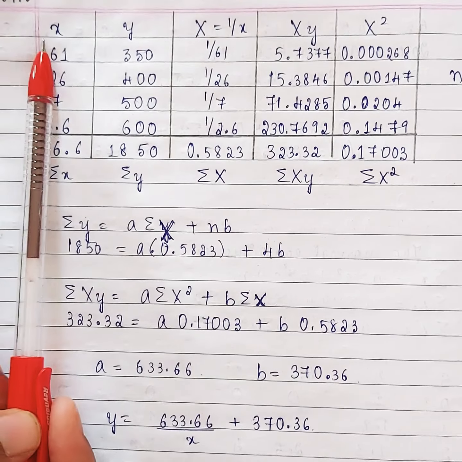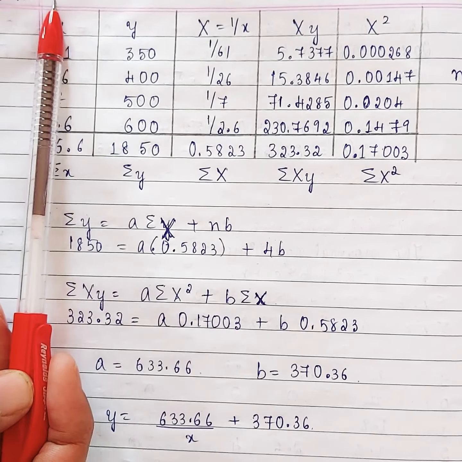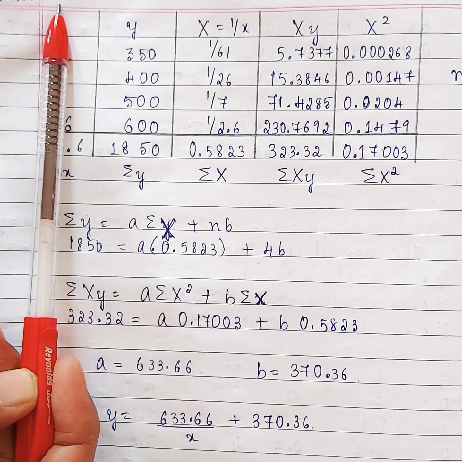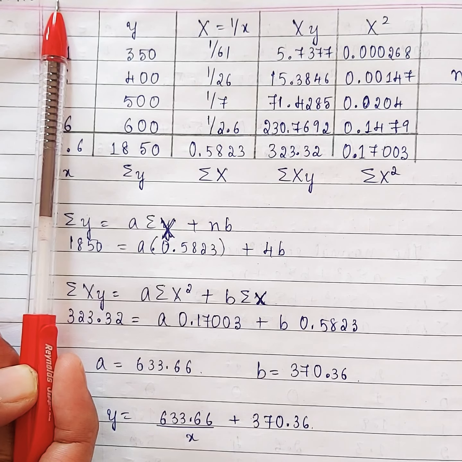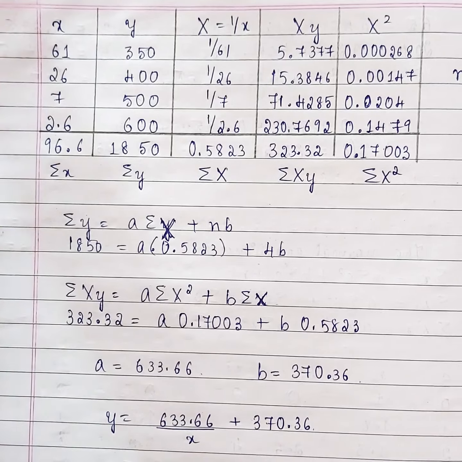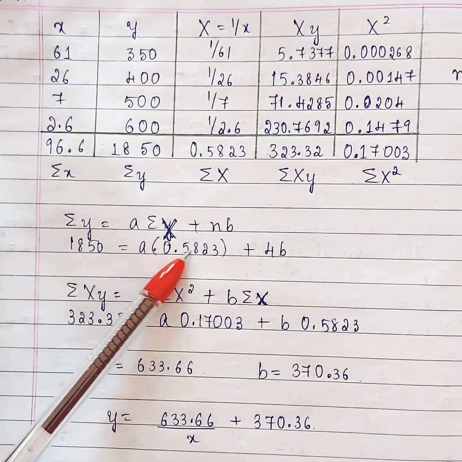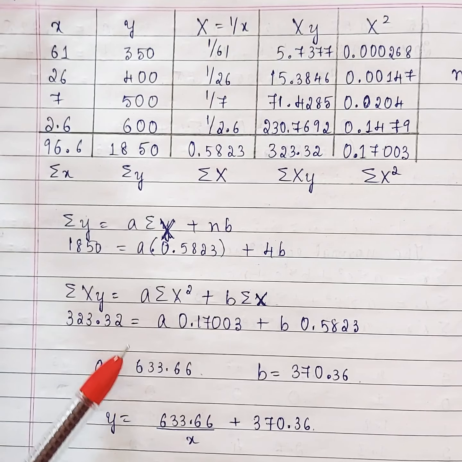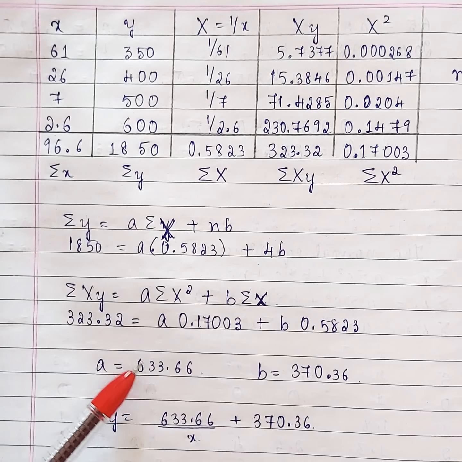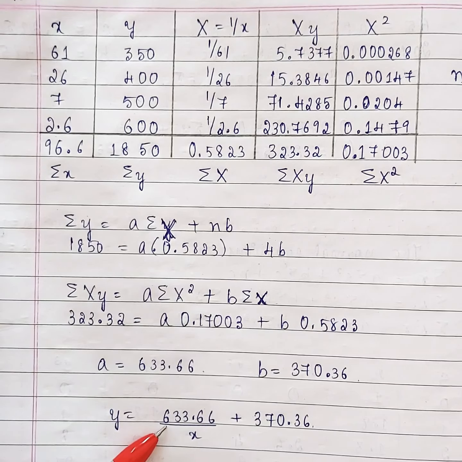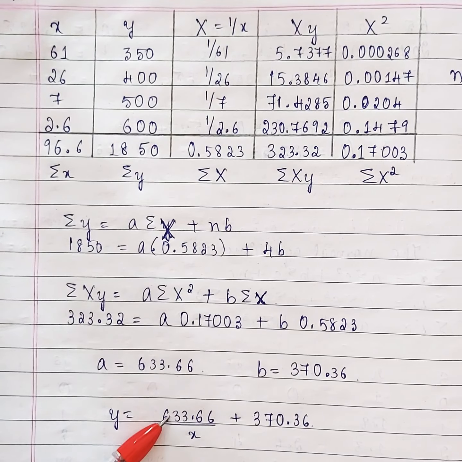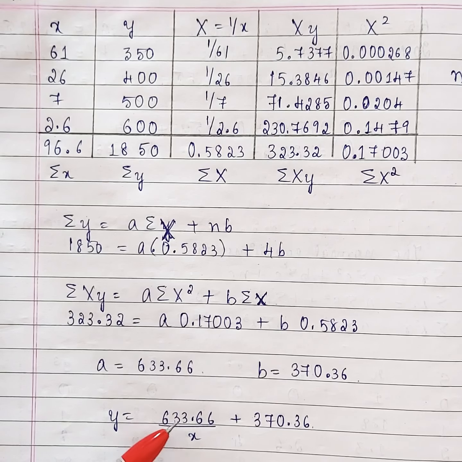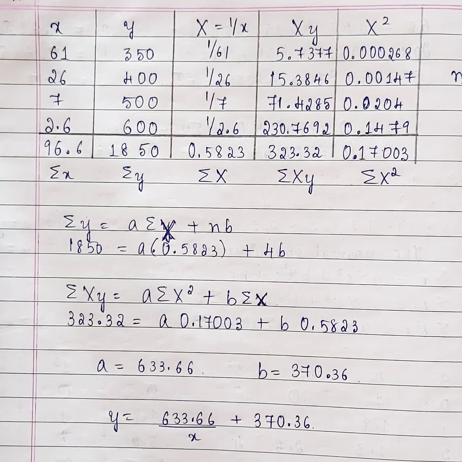Once you have converted small x to capital X, I always suggest you to strike this x and continue with the formula. So what is the formula? It is the same, a into summation of x plus a and b. We can just replace the value, and finally this will be the equation. And in the final answer, in the place of capital X we have replaced 1 by x. I hope you can solve this on your own.